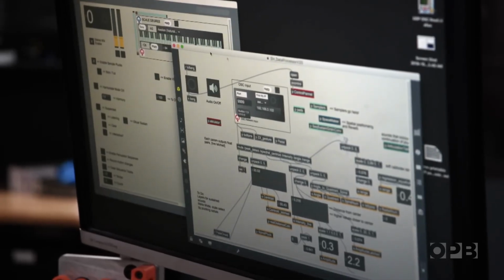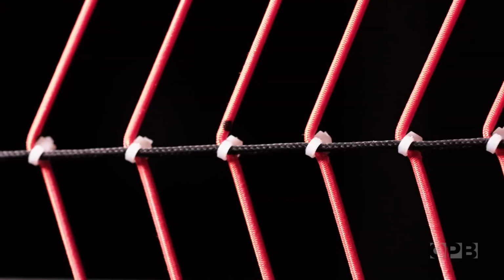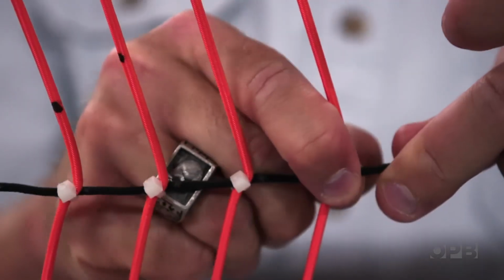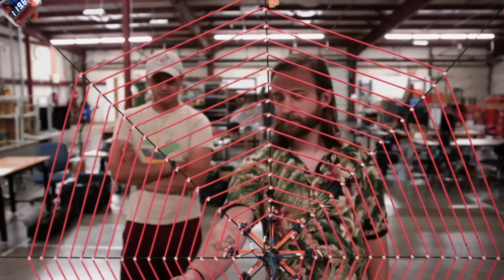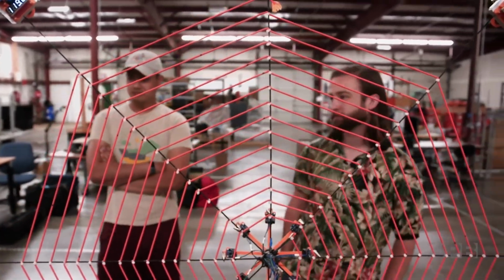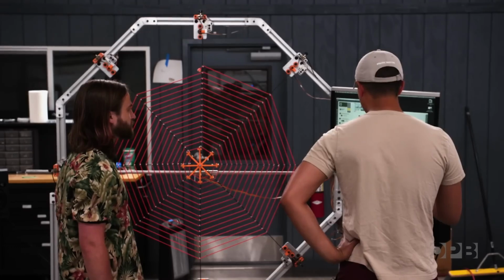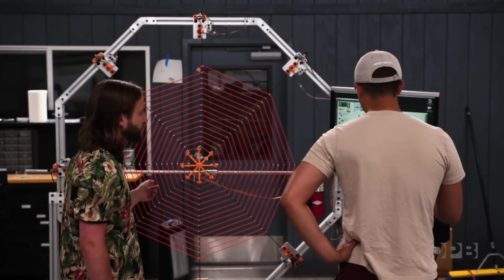For example, real spiders use very stiff, strong silk for their web's radial lines, and stretchier silk for the spiral lines. To duplicate this 10-to-1 ratio, the team used parachute cord for the radial lines and shock cord for the spiral lines, the stuff hair elastics are made of. One of the next decisions was how large the web should be. The clear answer for that was 8 feet, but that was a little bit too big to build, and so we cut that in half to about a 4-foot diameter.